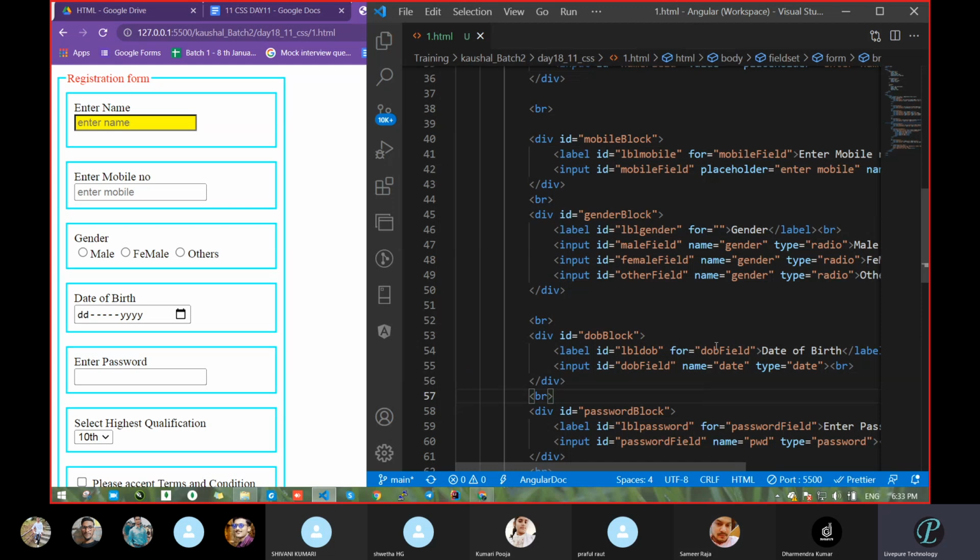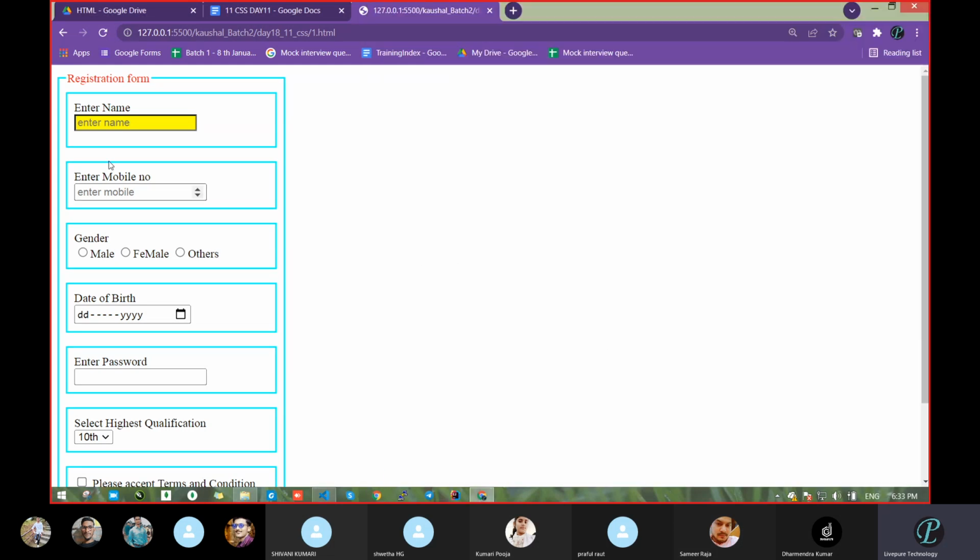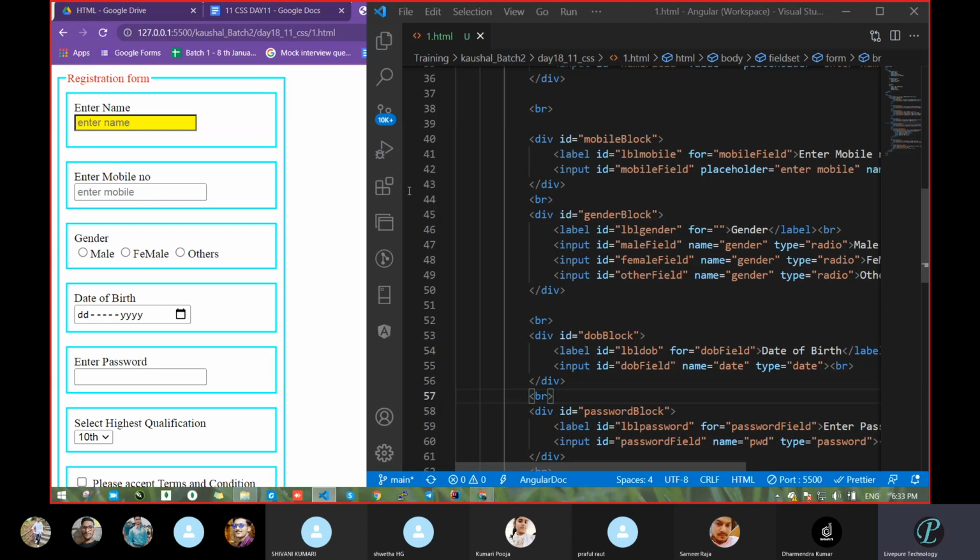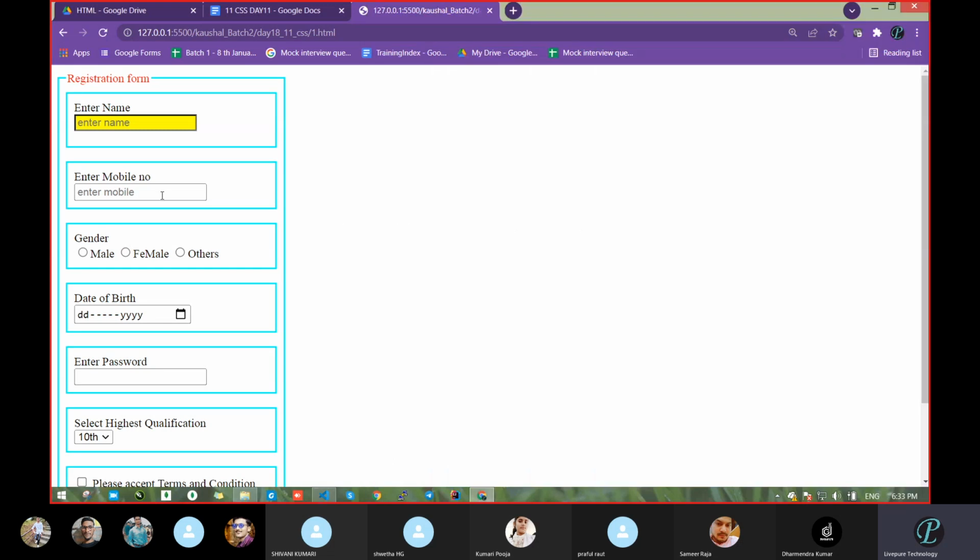That is why, at the start, by mistake I passed the same for, the same ID name, in two for cases. Then if you click this label, it also highlights the name field, and when you click enter name, it highlights this too, because from two places we are targeting the same input.